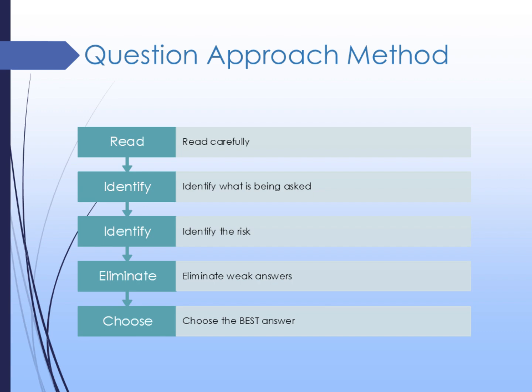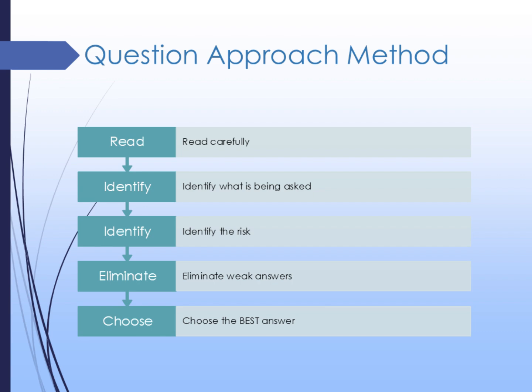One of the best ways to improve your performance in the CISA exam is to use a consistent and structured approach for every question you answer. This helps reduce mistakes, improves focus, and prevents candidates from rushing into technically attractive but incorrect answers. The first step is to read the question carefully. Many CISA questions contain extra information designed to distract you, so it is important not to rush. Pay close attention to keywords such as most, best, first, and primary because these words completely change the meaning of